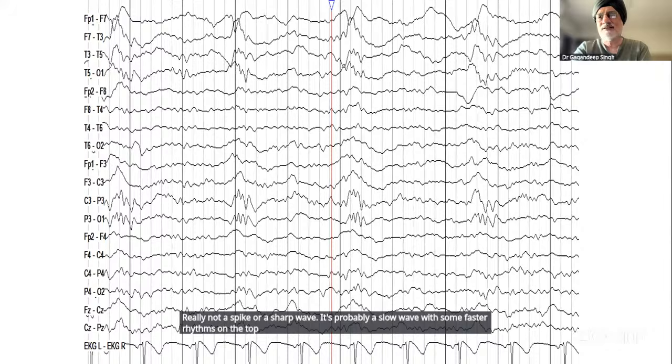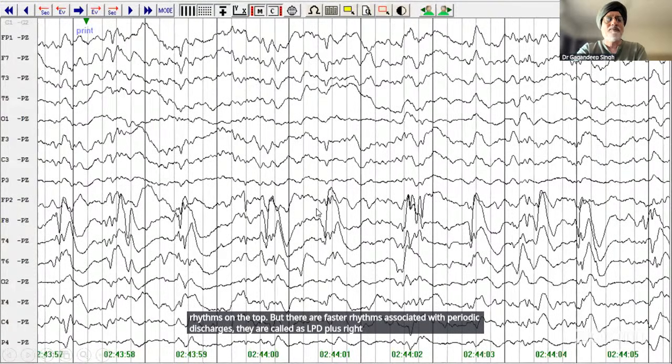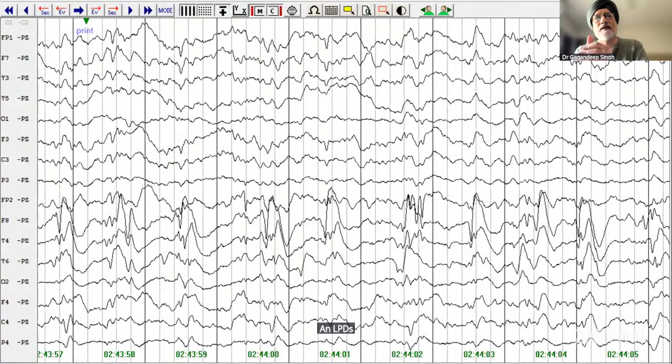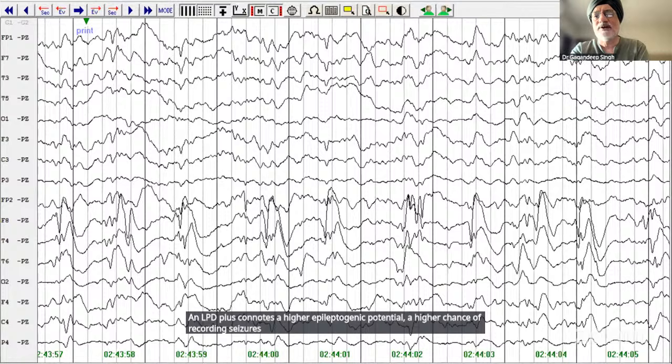When there are faster rhythms associated with periodic discharges, they are called LPD plus, right? And LPD plus means, this is probably another example. An LPD plus connotes a higher epileptogenic potential, a higher chance of recording seizures in comparison to LPDs alone,